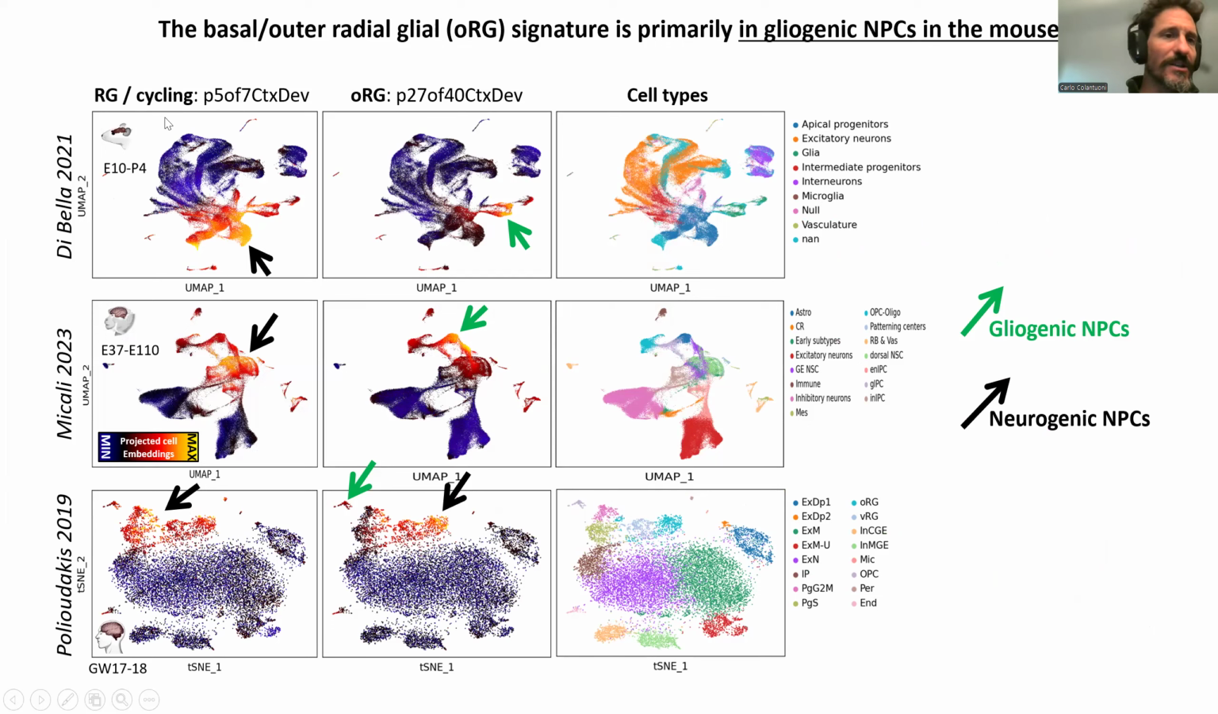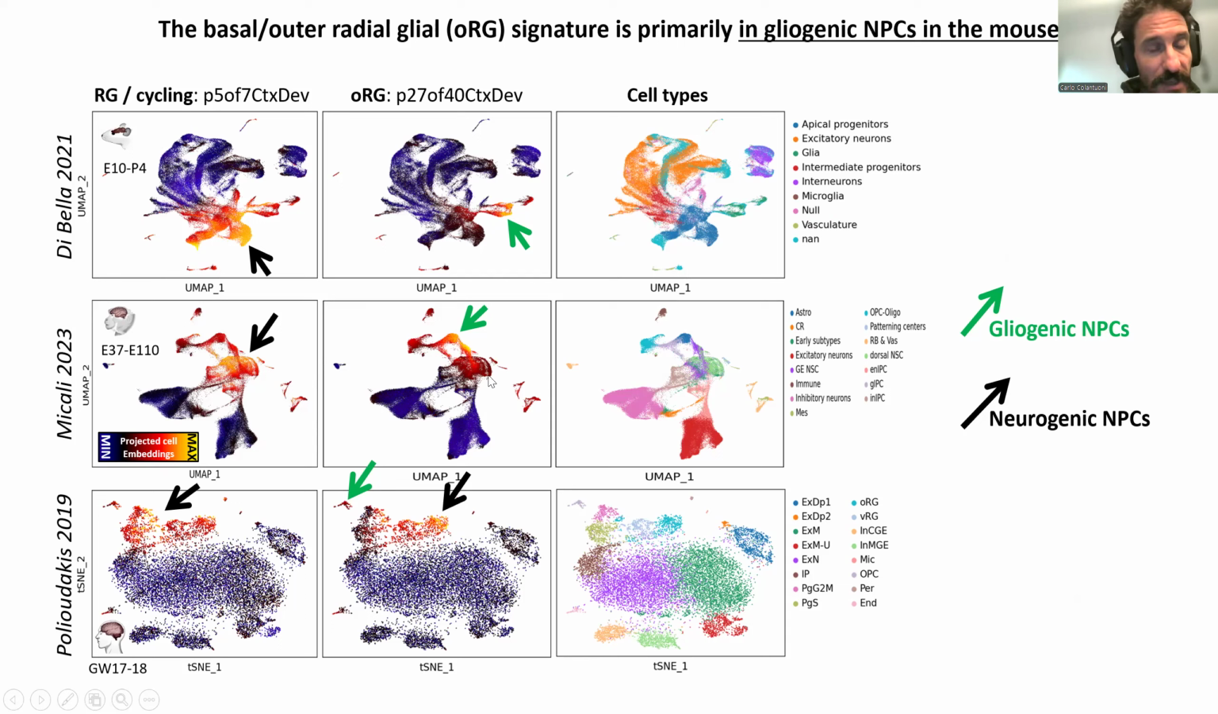The radial glial signature we discovered first is very high in all of these neurogenic radial glial cells down here. But if we look at the one that's associated with the outer subventricular zone at later times, in the mouse, it is most high not in any of the neurogenic radial glia over here, but here in the gliogenic progenitors as well as the glia themselves. Now, this is very interesting because if we then look at the macaque and human data sets,